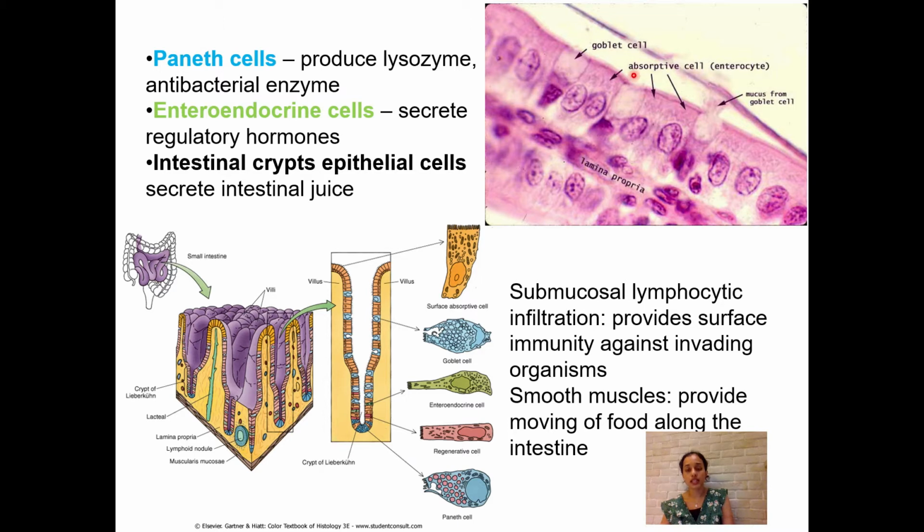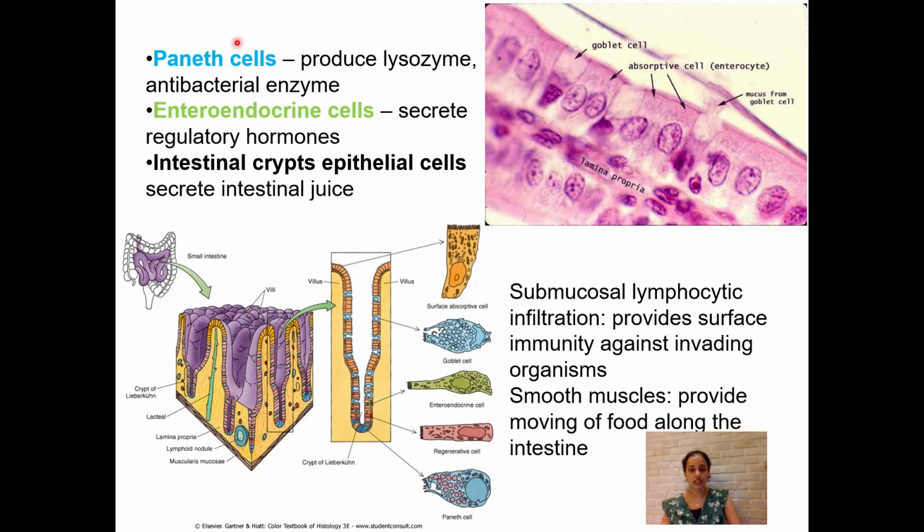This is the goblet cell. The goblet cells mainly produce mucus. You can see the apex is pale in color, as I mentioned, due to the histological process. The mucus gets dissolved and you can see the pale apical area. The number of goblet cells increases as it goes to the ileal area. In the duodenum and jejunum, they are fewer in number. As it goes to the ileum, the number of goblet cells increases because it needs more and more protection and has to form a protective lining to protect from bacterial invasion by microorganisms.